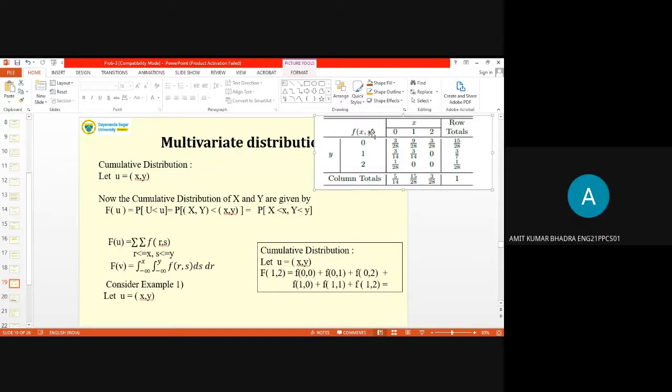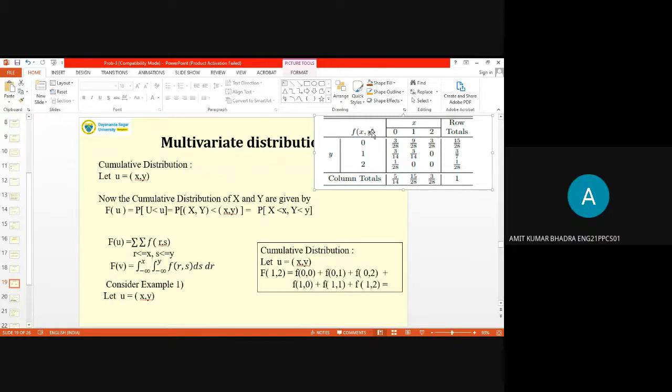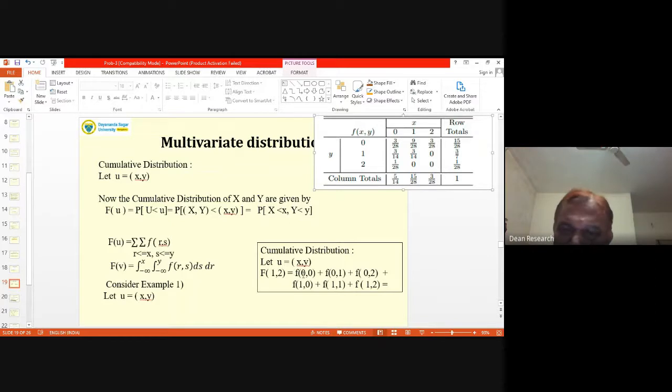Sir, is it the row or the column, sir? Wait. Sir, it is the column, right? Yeah, column. You are right. See here, you'll have to consider f of 0, 0, then f of 0, 1. Sir, the first three values is the first column, and the second three values is the second column. Correct. Say f of 0, 0, f of 0, 1, and f of 0, 2, right? Because y can vary from 0 to 2, whereas x should vary from 0 to 1. Only such pairs you should consider.